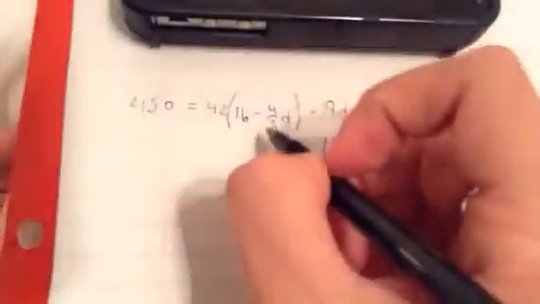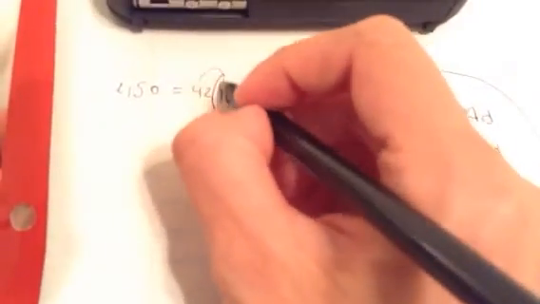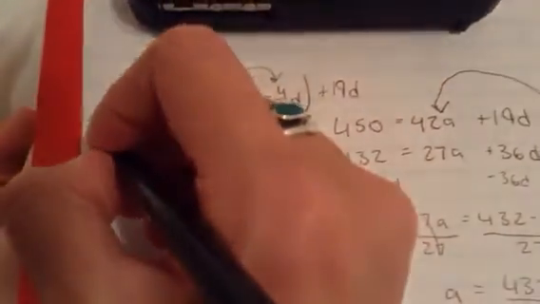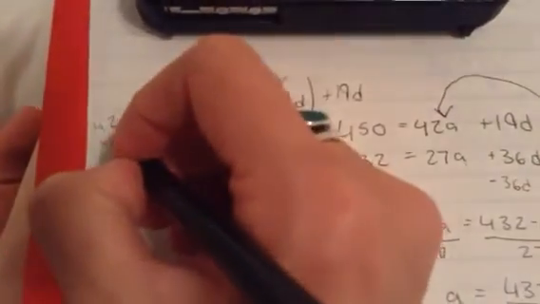So the first thing I'm going to do, now I have to solve for D, is I'm going to distribute this 42. So I have 42 times 16